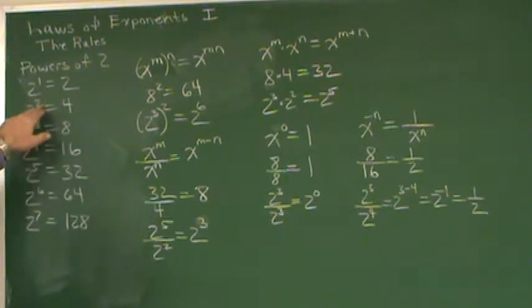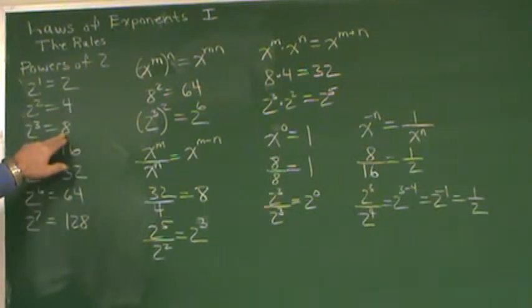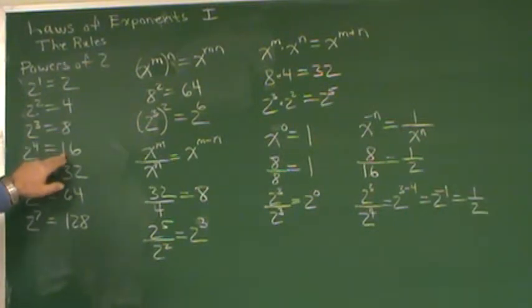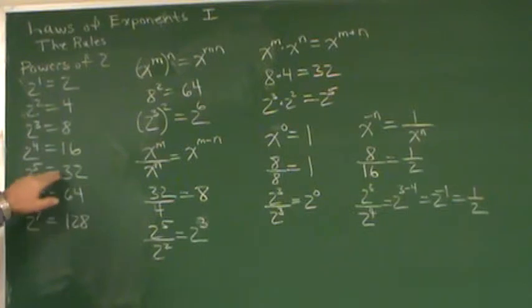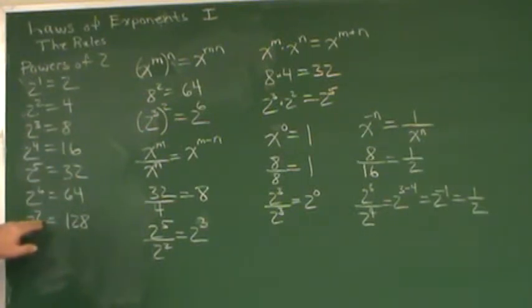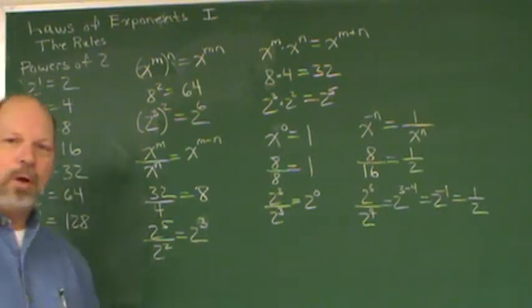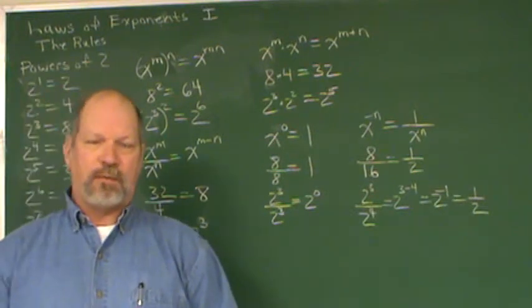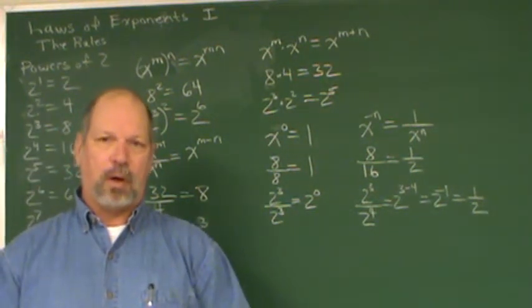And that's the same thing as 2 squared times another 2. 4 times 2 is 8. 2 to the fourth would be 8 times 2, which is 16. 2 to the fifth would be 16 times 2, which is 32. 2 to the sixth is 64, 32 times 2. And 2 to the seventh is going to be 64 times 2, which is 128. I'm bringing up those powers of 2 to justify the laws of exponents to you, and hopefully that'll help them